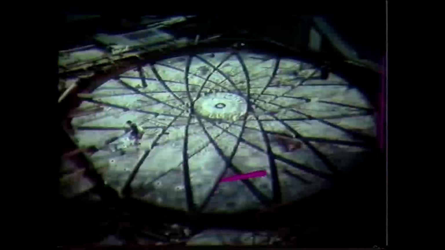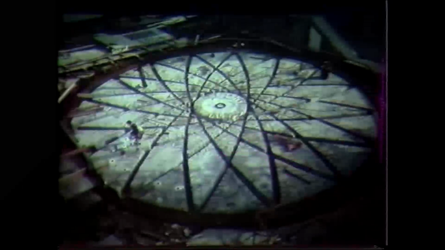So the structure actually bends downward, as well as consisting of these interlocking